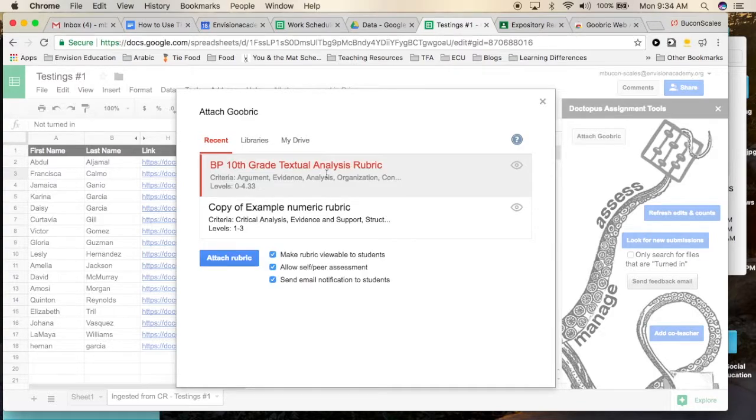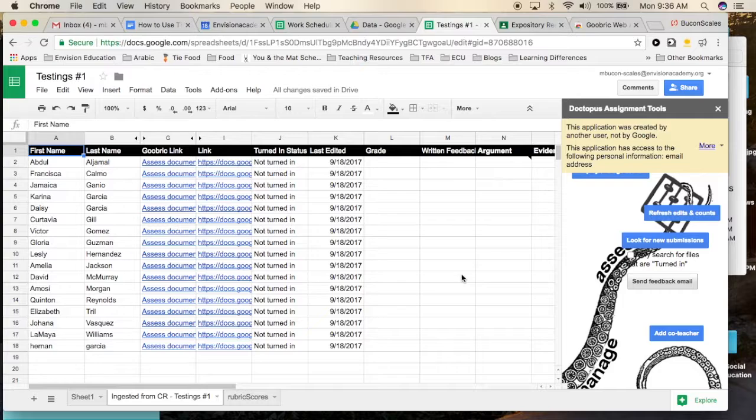So I'm going to click this 10th grade textual analysis rubric because that's what this assignment is. I want the rubric to be viewable to students. These are the choices down here. You can allow for self-assessment and peer assessment if you wanted to, send notifications by email, and then I'm going to attach my rubric. So this part takes a little bit of time because it has to go through every single student folder and attach the Goobric to the assignment so that then I can use the Goobric to grade. Okay, so